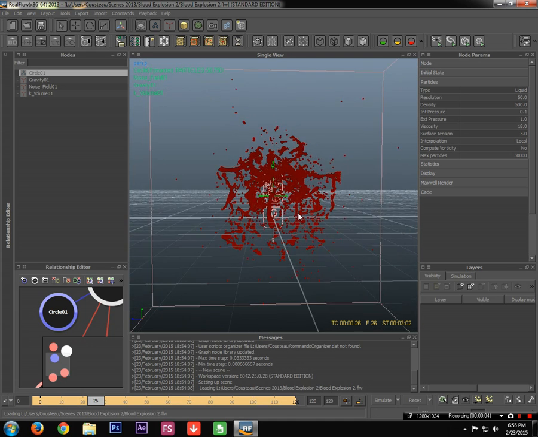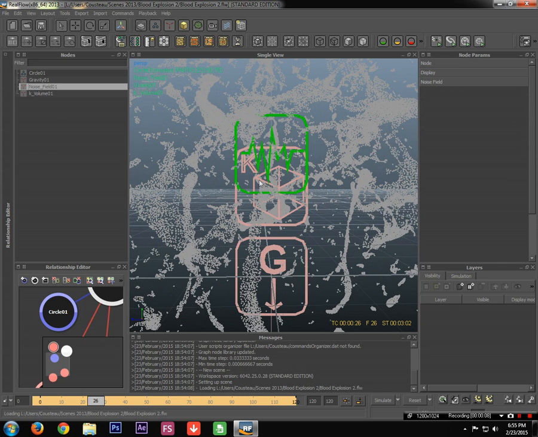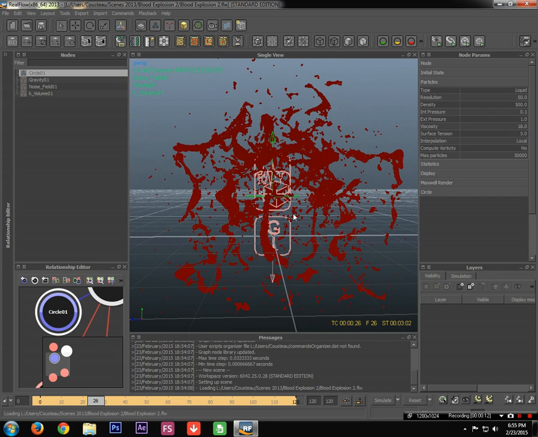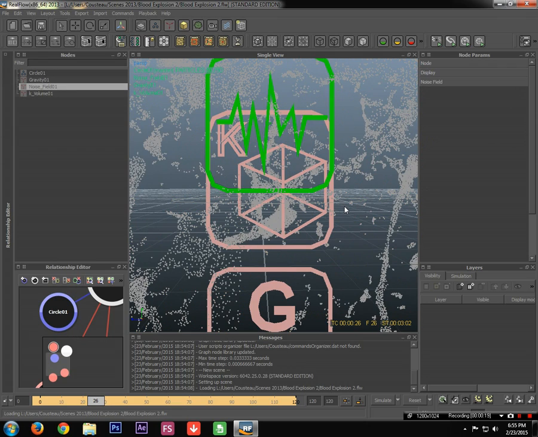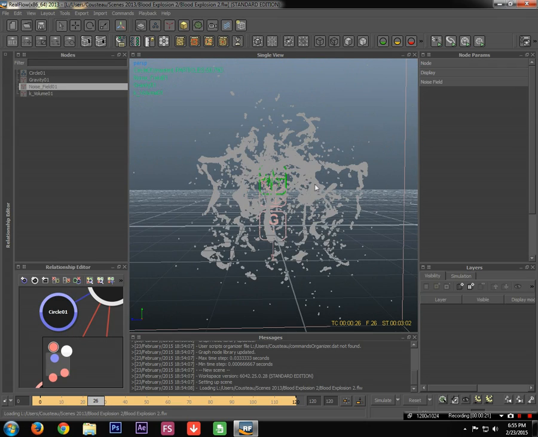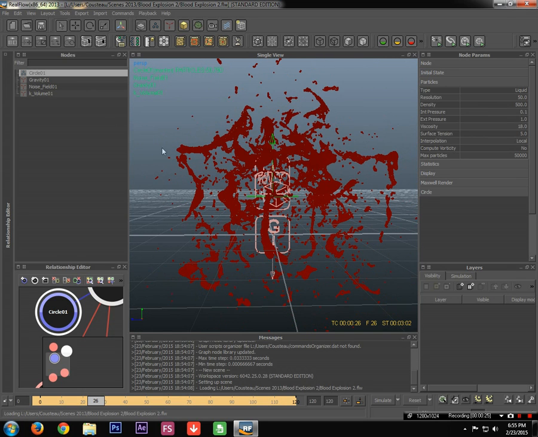Alright, so after the kill volume, I have the noise field. This thing right here. Alright, so what this thing does is, I would say it's probably one of the most important daemons of Realflow, especially for blood. It is definitely important. So here with my circle fluid emitter, what I really like to have is